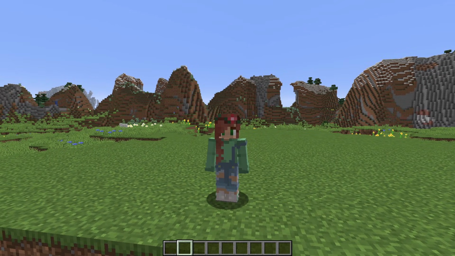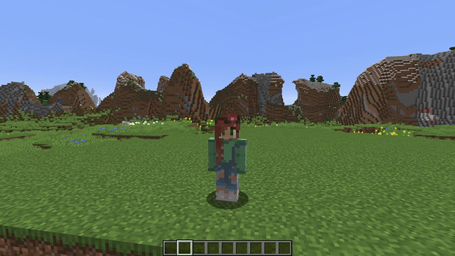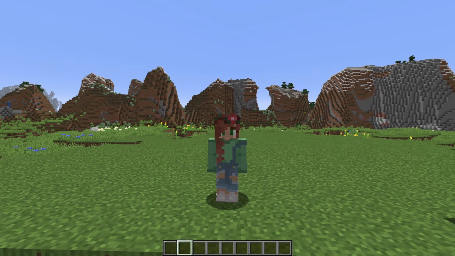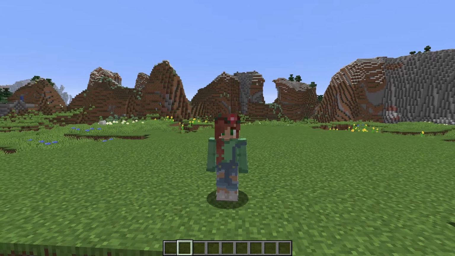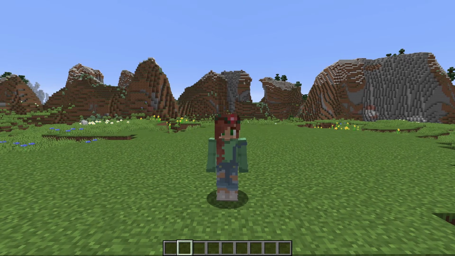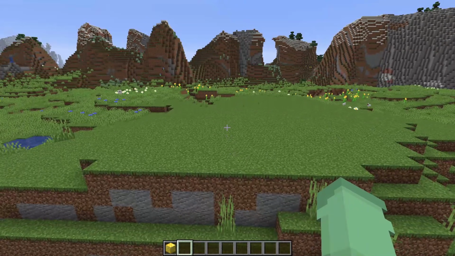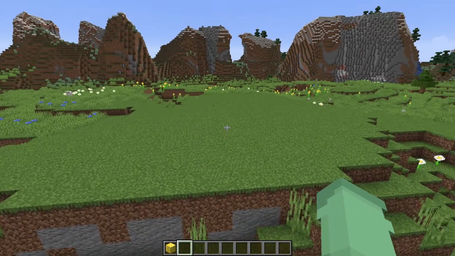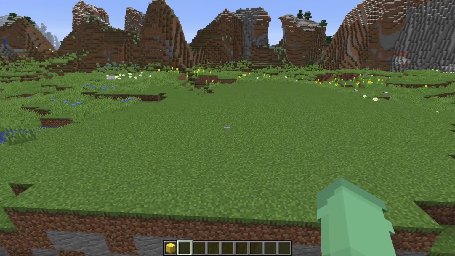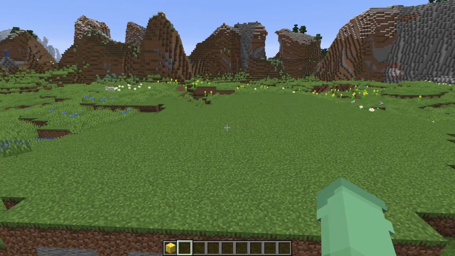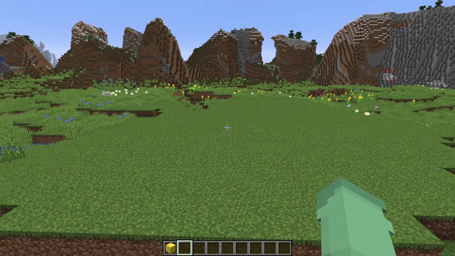Today we are going to be talking all about trees and how you can make your Minecraft world look so much more amazing by building your own custom trees in your world. Let's get started. So I've picked out this lovely little spot on a hill right here and we are going to build a custom tree. I'm not going to do this in time lapse, it's going to be block by block with no commands, so you can do this on any version of Minecraft that you are in.